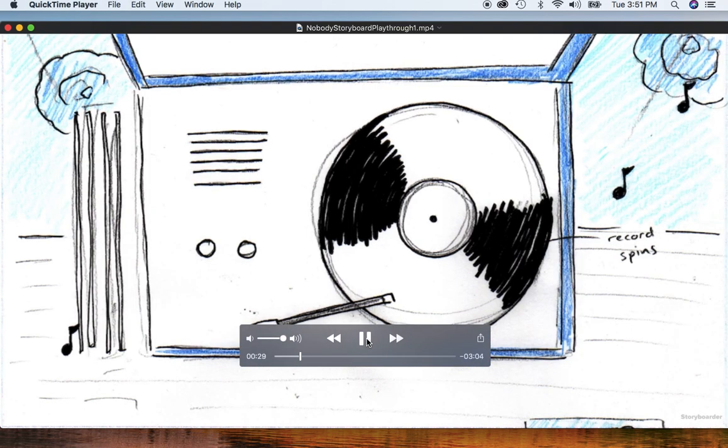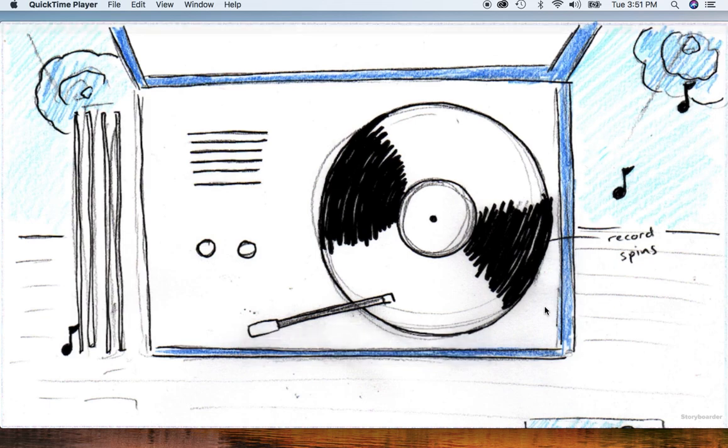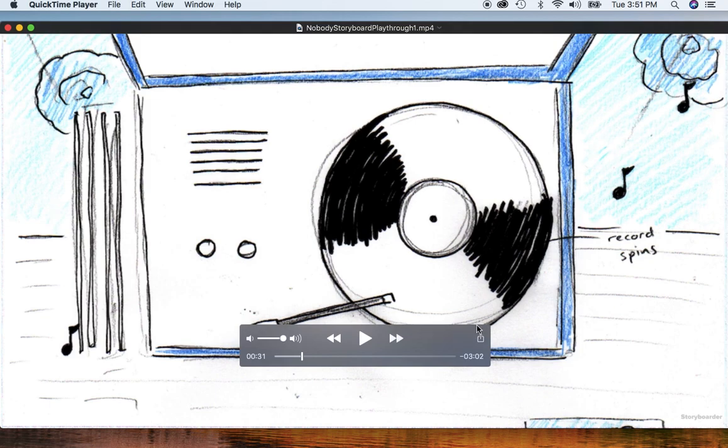Now here we're going to correct the arm of the record player. We're going to put it straight to the record, and it's going to wiggle, and we're going to have the record turning in the right direction, and the notes are going to play using the foam filter to multiply them and have them dancing all around the room. And we're going to pan up to the top,